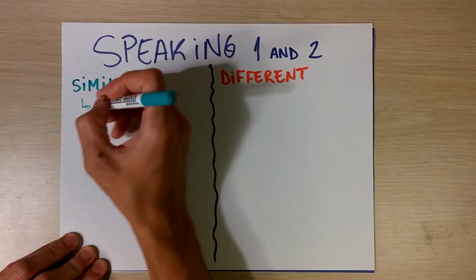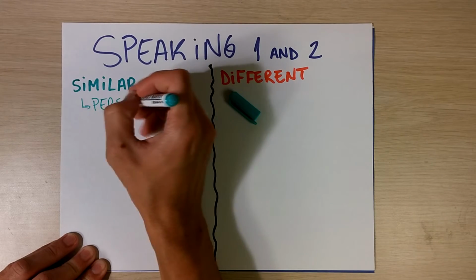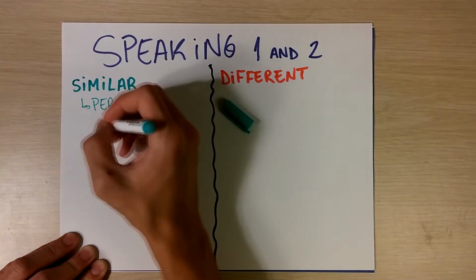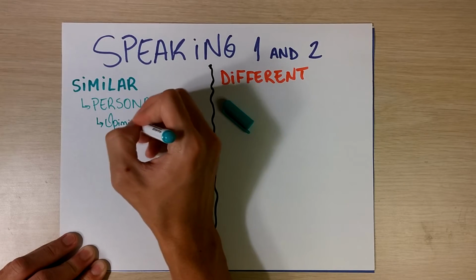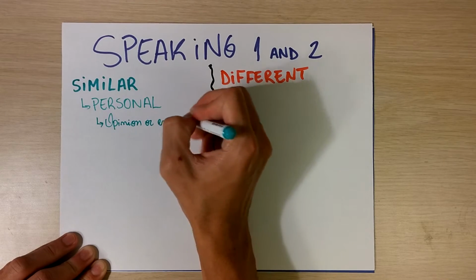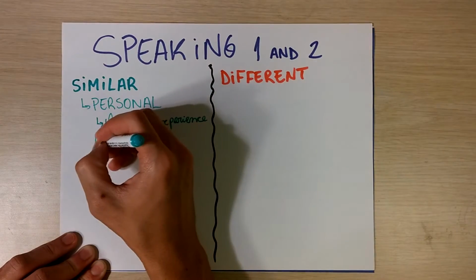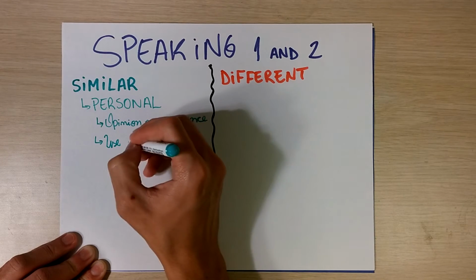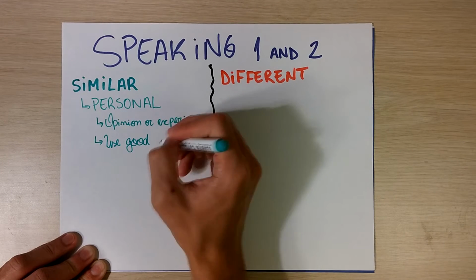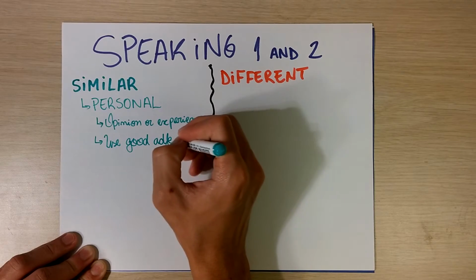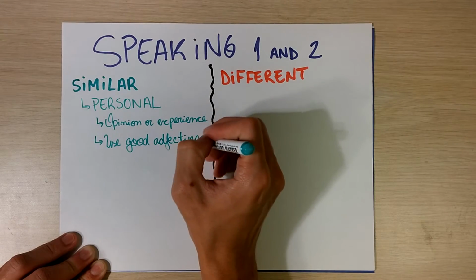First of all, it's useful to say that both of them are personal, so they will be related to personal opinion or experience. Therefore, they will require the use of a lot of adjectives, and you should prepare a list of them before the test, memorize it, and write it on the scratch paper before the listening section. On the description, you will find a list of good adjectives to have in the scratch.